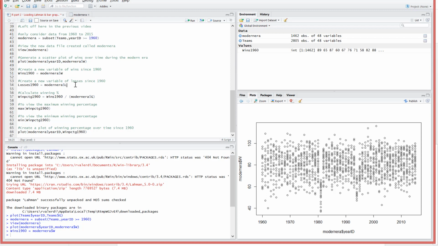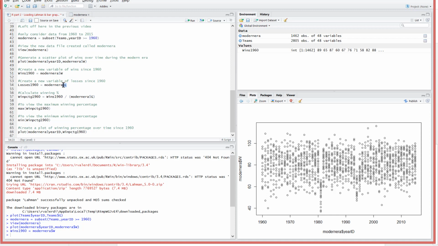I'm going to create another new variable called losses 1960, and you'll see where this is going. What I'm trying to do is turn these count statistics into variables so then I can perform a calculation which is winning percentage. Okay, so let's create a variable called losses 1960, which comes from the modern era database,